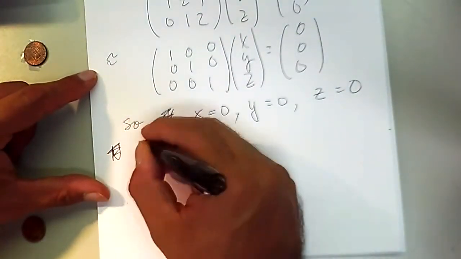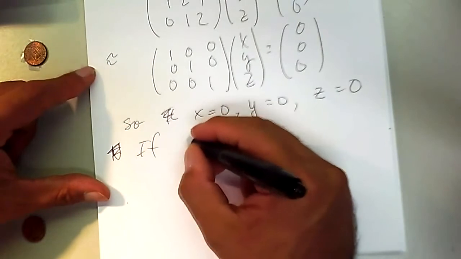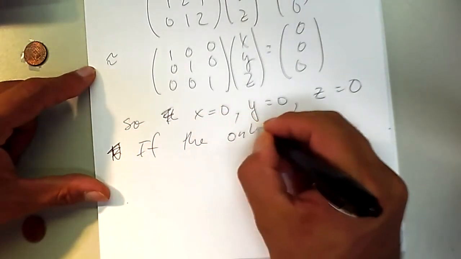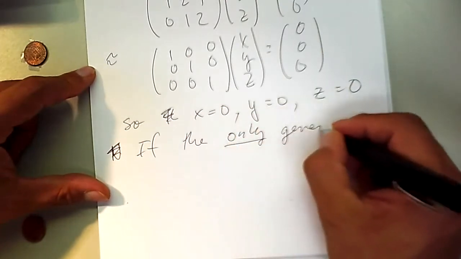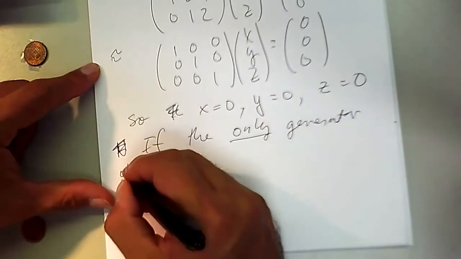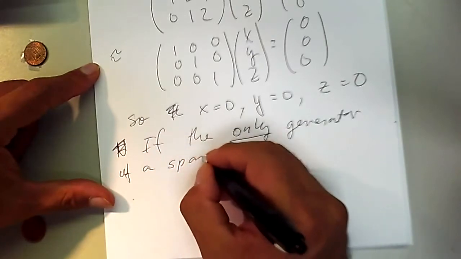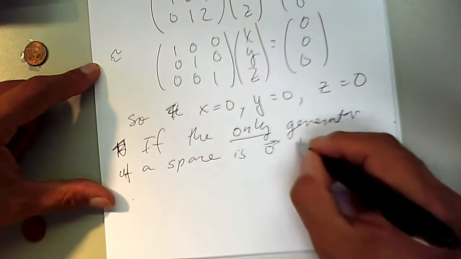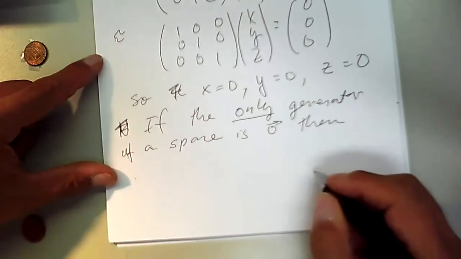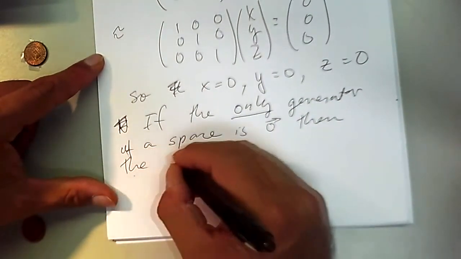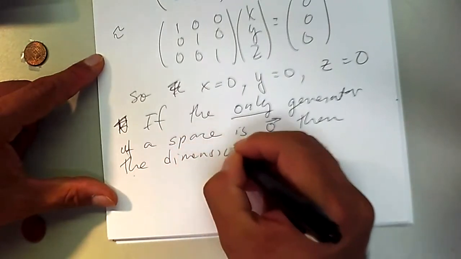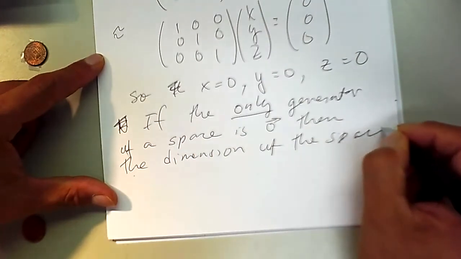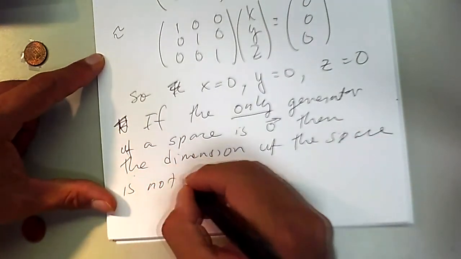If the only generator of a space, whether it's a subspace or not, is the vector 0, then the dimension of the space is not 1,